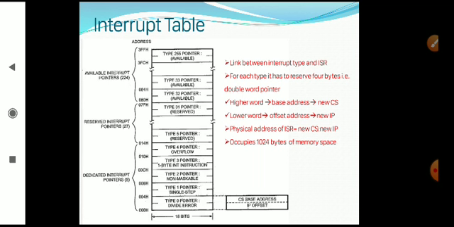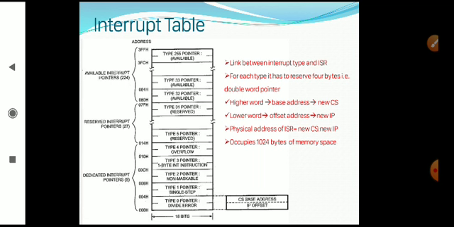Once such an interrupt occurs, the processor will execute two pulses. One pulse is for calculating the vector number, which is calculated by the interrupting device, and this device sends the number to the processor.